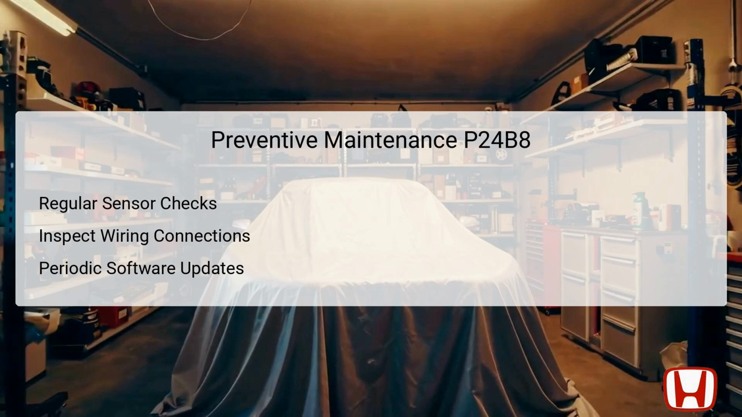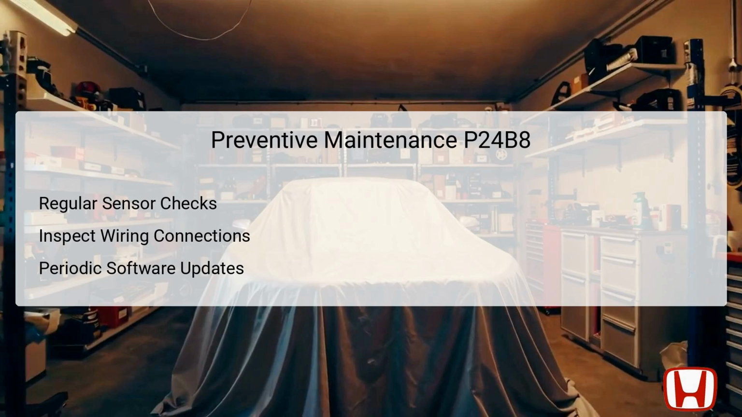To prevent future occurrences of the P24B8 trouble code, consider implementing a regular preventive maintenance routine focusing on the EVAP system. Schedule periodic checks of the absolute pressure sensor to ensure it's functioning within expected parameters. Also, inspect wiring connections throughout the entire EVAP system periodically to address any signs of wear, corrosion, or potential loose terminals. Software updates from Honda could also enhance the accuracy of diagnostic systems, keeping the vehicle performance optimal. Strengthening these maintenance protocols helps in filtering out minor issues before they escalate into severe complications that could lead to